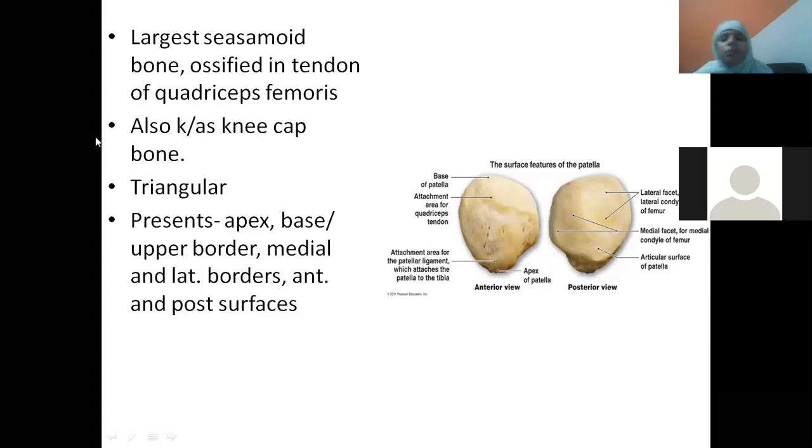Now, when you observe this bone, see here. How is this bone? It looks like a triangle. It has base. Where I am holding it, it is apex. This is upper border. Then it is the lateral border, medial border. Then posterior surface, if you observe, it is quite smooth. It is covered with hyaline cartilage, also called as articular cartilage, which congruently articulates with the inferior aspect of the femur bone to take part in the formation of knee joint.